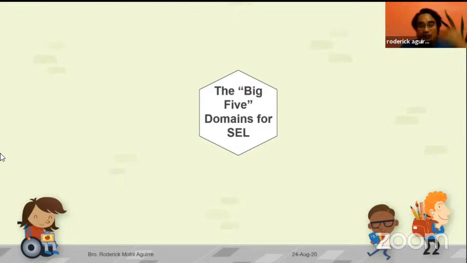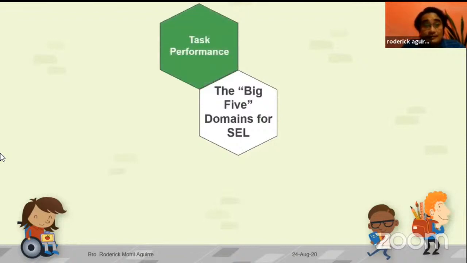All right. So the framework that I use when I come up with activities for students of Sisters of Mary, and some of the activities that I did when I was still a teacher, these are the things that I look into for how I can help my students become better. I struggle with that because we need to know the profile of our students, but nonetheless, this is one of the frameworks that I have been using. So the big 5 starts with task performance.